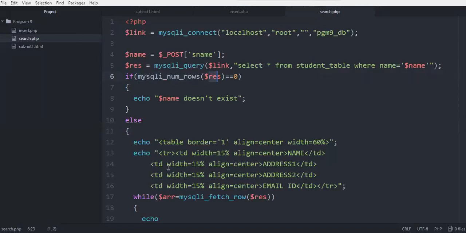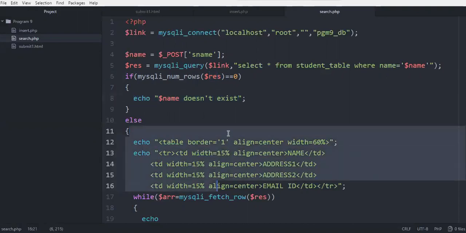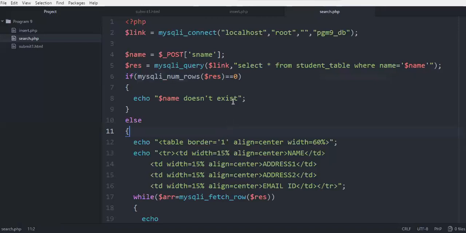Here we can see it has 2 rows, so the value is not equal to 0. That is why we are not getting this message, but this else part is getting executed. If the select query does not fetch anything from the database, the value stored in $res will be equal to 0.